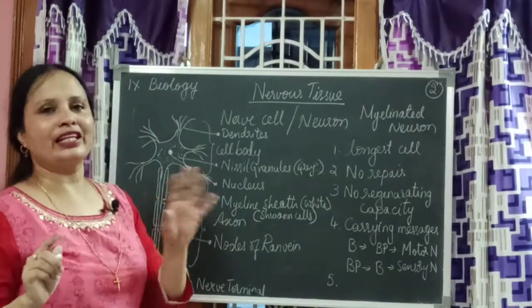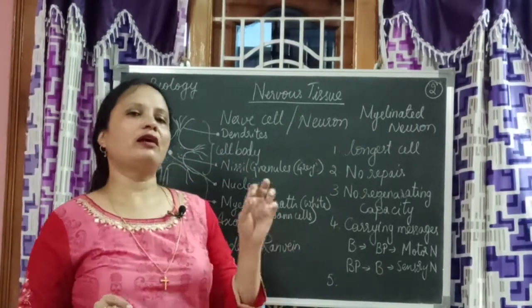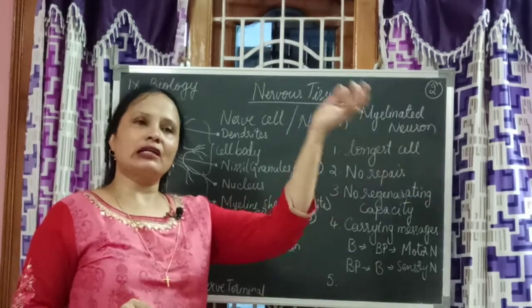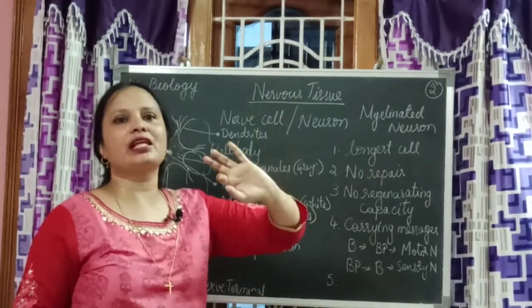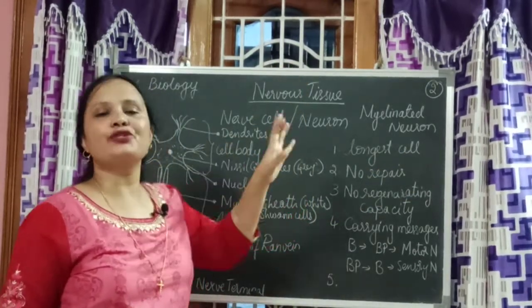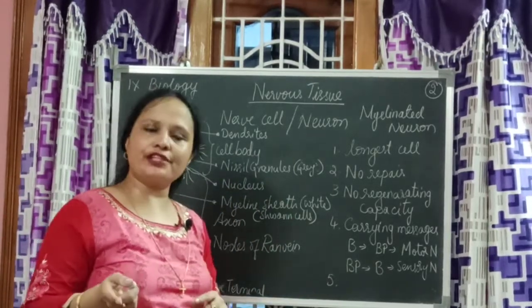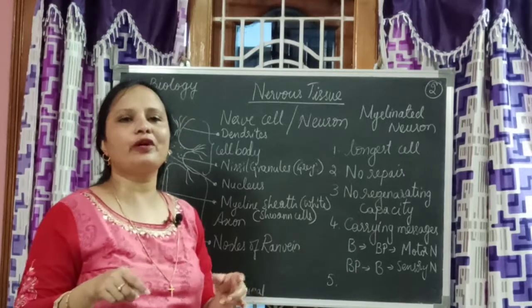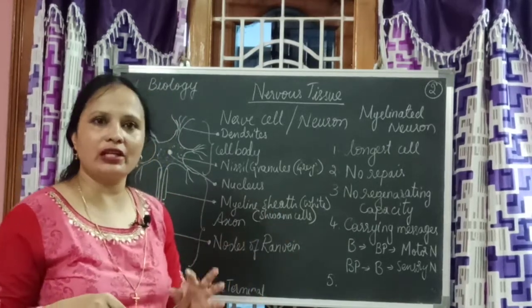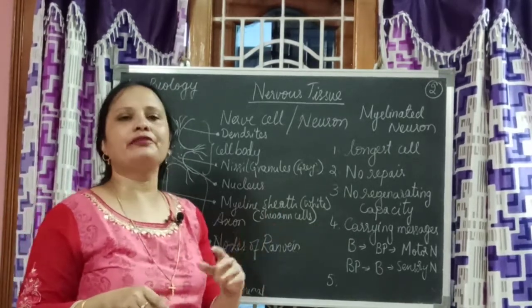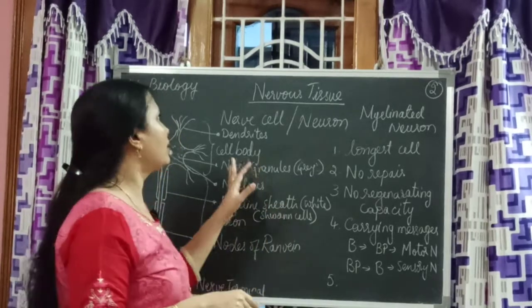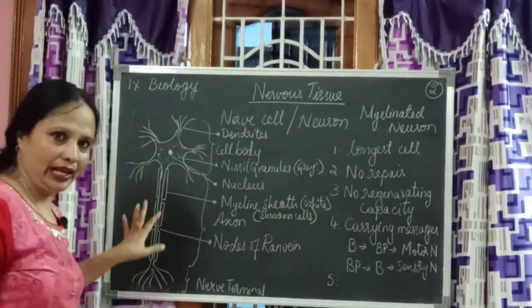Are there no other types of nerves? Of course they are there. They are cranial nerves, spinal nerves, like that, but their structure doesn't differ. When structure differs and their functions differ, then we need to discuss the various types, like muscle tissue, connective tissue, like that we have to discuss. But here all the nerve cells look alike.